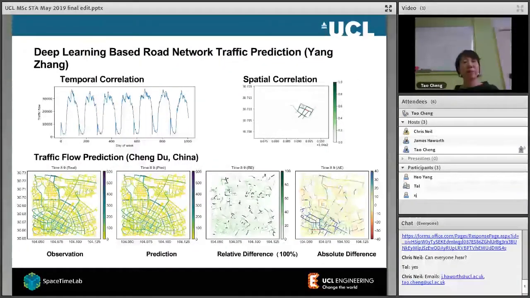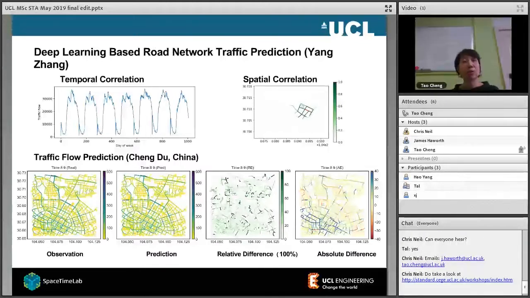And one more thing I know: everyone talks about machine learning and AI, and the most advanced technology is deep learning, right? In our lab, Zhang Yang is a PhD student. She developed the latest, most cutting-edge deep learning methodology, not only dealing with images but really predicting traffic on road networks. If you learn a little bit about deep learning, most of it is done on images. But we bring it to networks, because anything related to urban life is happening on networks. So most of the work in our lab is on networks.